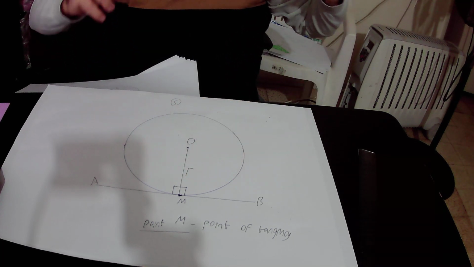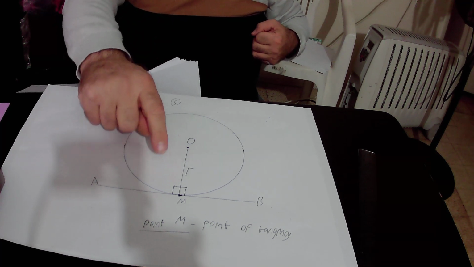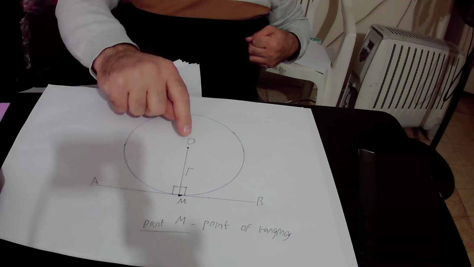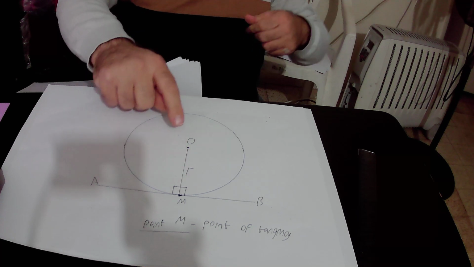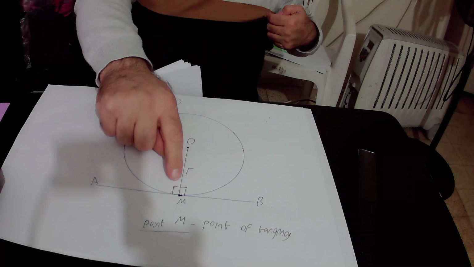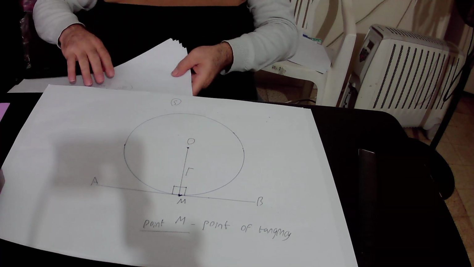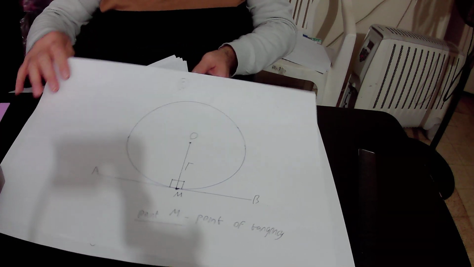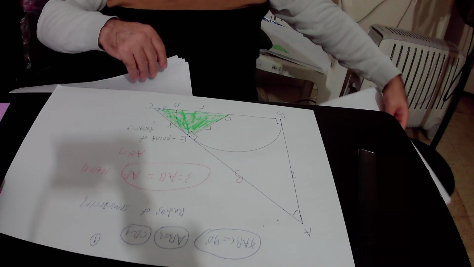So, whenever you have a radius that is drawn to the point of tangency, that is to say, in this example, the radius OM is drawn to the point of tangency, that is to say to point M, then the tangent AB will be perpendicular to this radius. That is to say, this angle equals 90 degrees and this angle also equals 90 degrees. So this is the explanation of rule number 2, and we actually implemented rule number 2 in our drawing